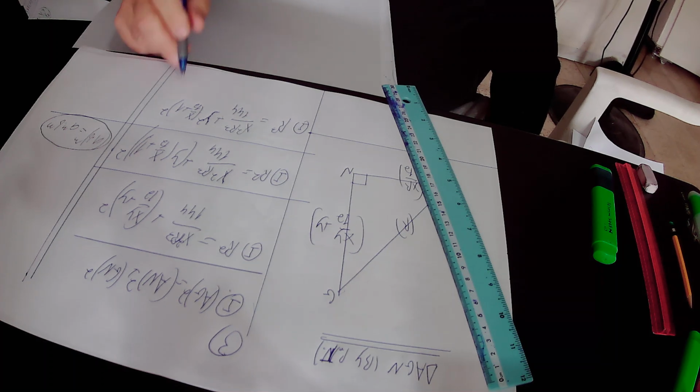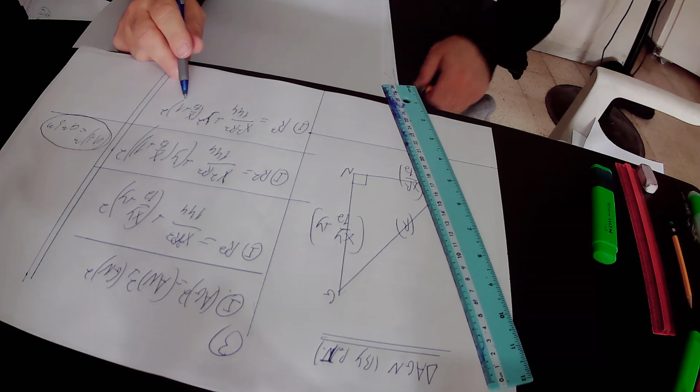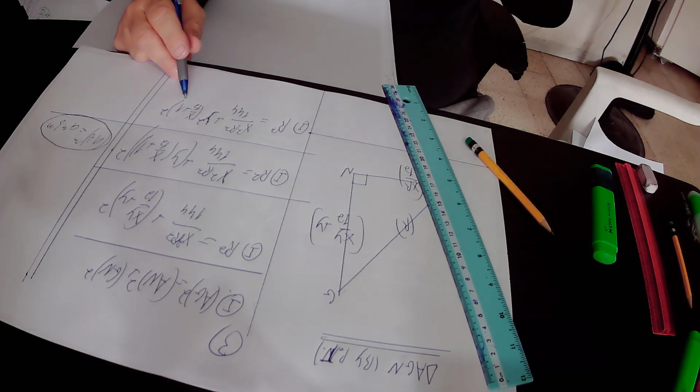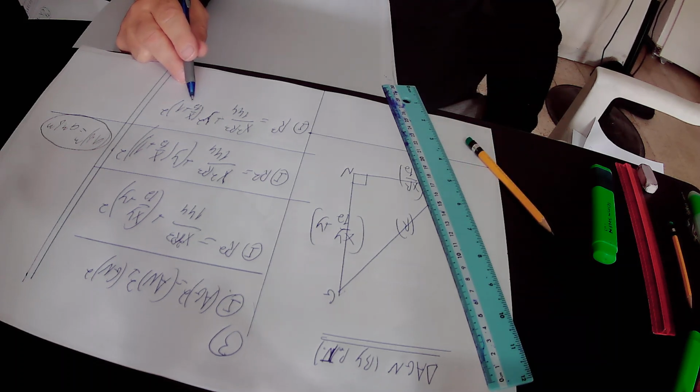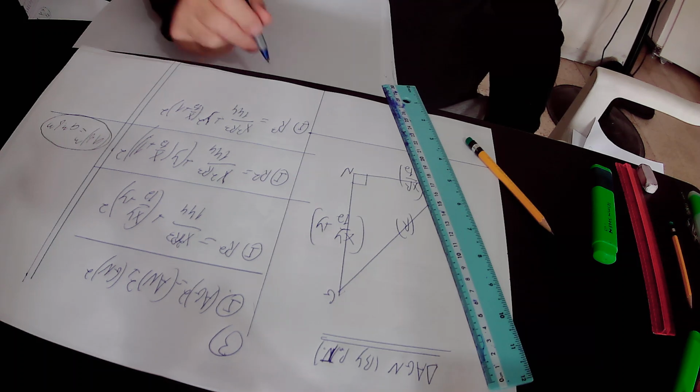Again, here we multiply 1 by 12 and then we divide it by 12. So in total, the numerator of this expression will have x plus 12